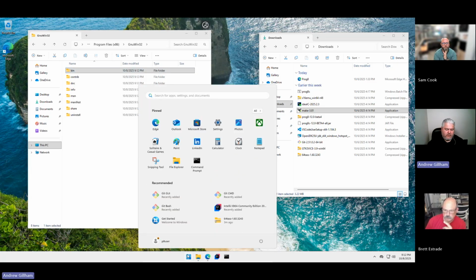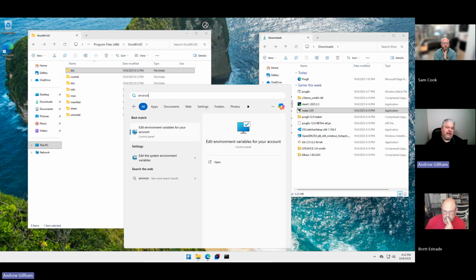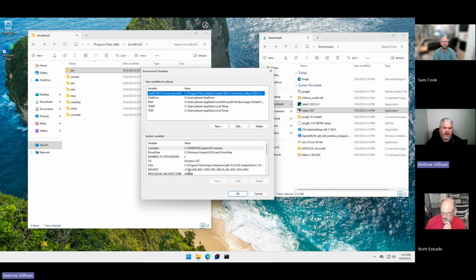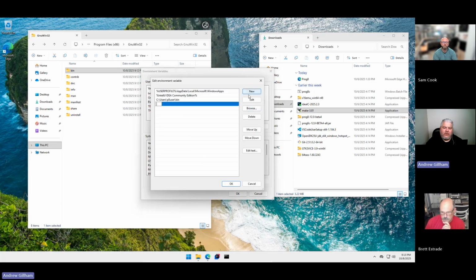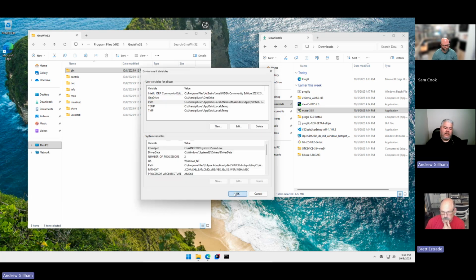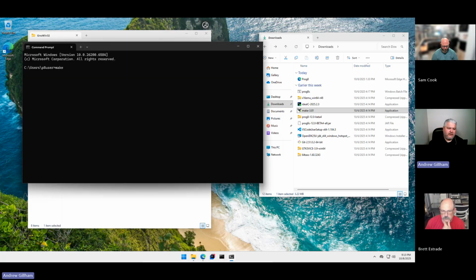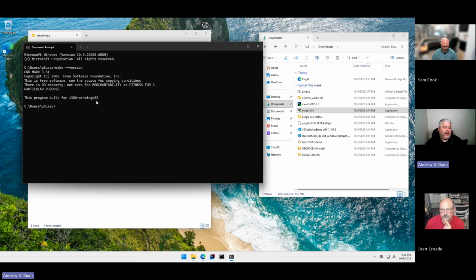Then we're going to go to the start menu and type environment again. Notice this time that environment for my account is first in the list because that's what I chose. So just keep an eye on that because we're trying to always add them to ours. Even though the system ones are right here, that's the best one to pick. So we're going to hit edit and hit new. We'll add this one. Hit OK and then OK. And we'll bring up our terminal. We know this is a GNU utility, so it uses the double dashes. And so make is now in the path